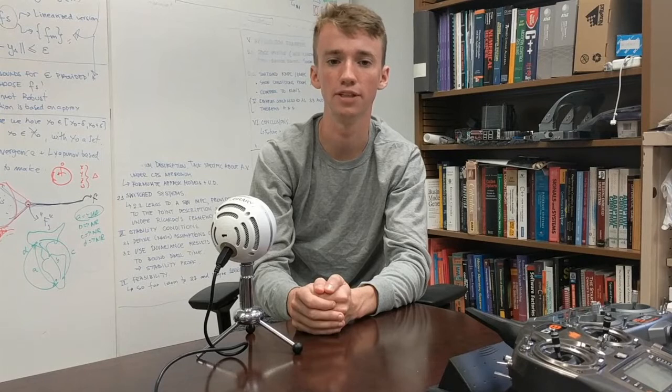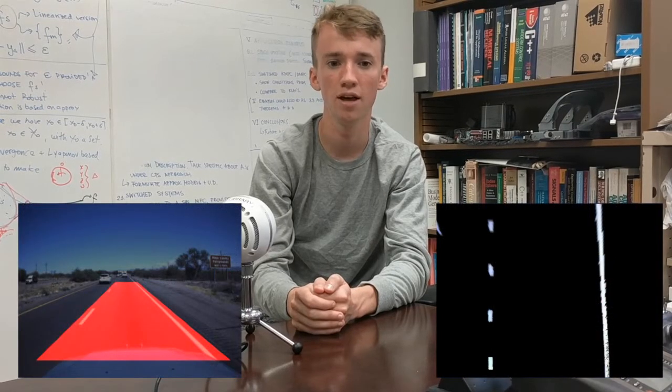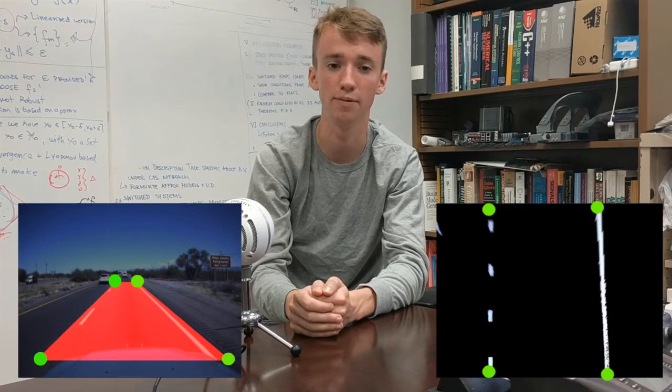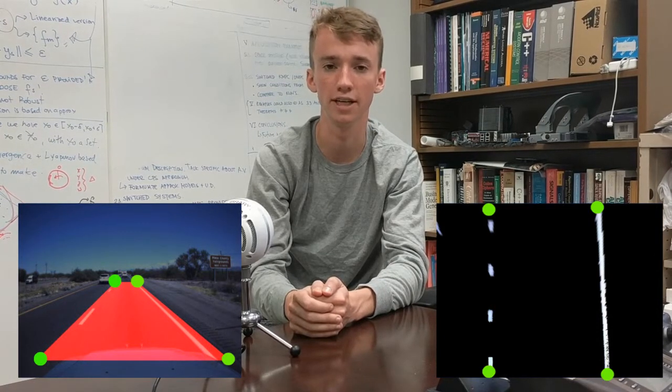Thus, we created a program that uses the median brightness of the image, once the sky and car hood are cropped out, to estimate the brightness of the lanes and set the hue, saturation, and lightness thresholds accordingly. Once the lanes have been extracted from the image, they are fed through a perspective transform. This method takes 4 points around the lanes and maps them to 4 points in a destination image. The result is an overhead view of the lanes in front of the car.